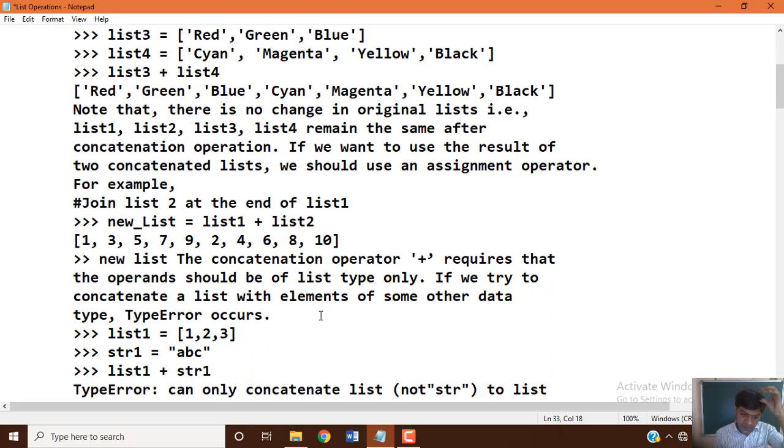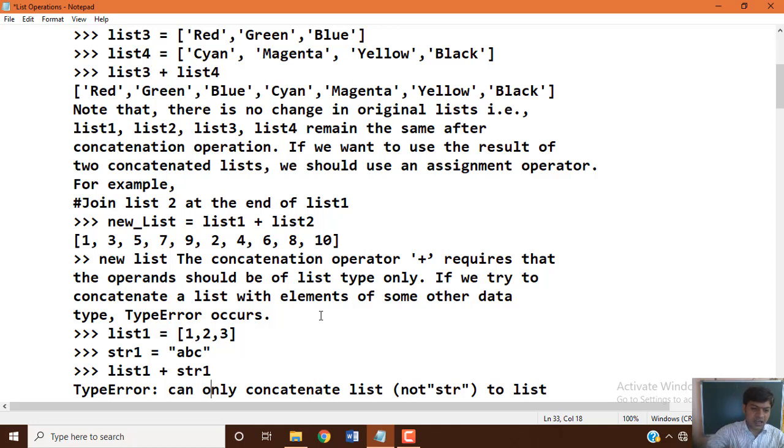Okay, so list means we should always enclose data items within square brackets. That is what you need to recall whenever you are working with the list concept in Python programming. Always, list data items are enclosed in square brackets, and inside the square brackets, data items or values are separated by commas.